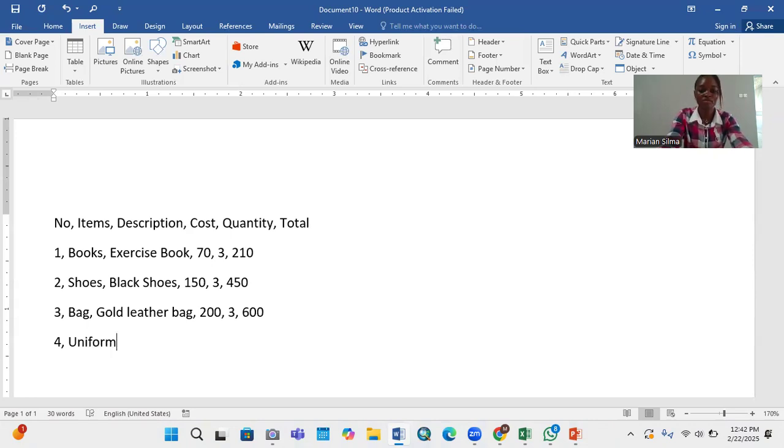Uniform. Say comma. Uniform. The color, you can say maybe it's blue, and maybe they are wearing blue top and black down. So you can describe it, or maybe it's a chiffon or any material. So you can just describe it. So let's say you want to buy, the color of the uniform is blue,